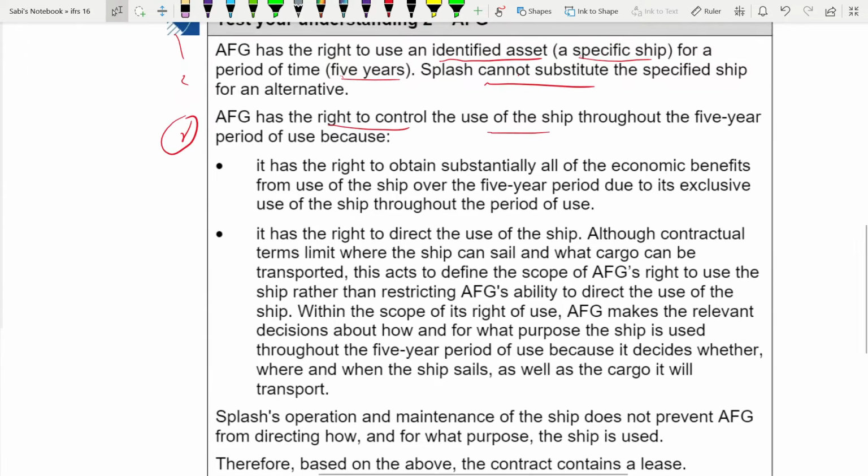Okay. Number 1 is all the benefits. The right to obtain substantially all of the economic benefits goes to the lessee. Okay. Second, they can even use a direct of use. You see, they told that